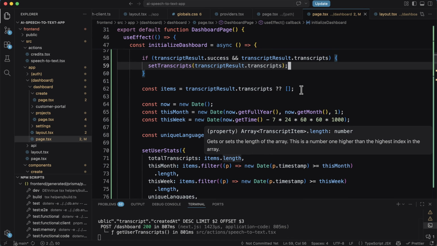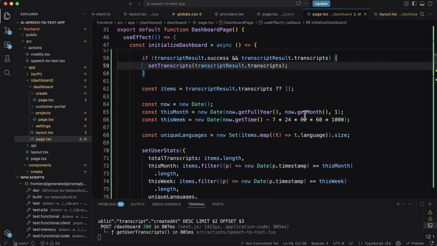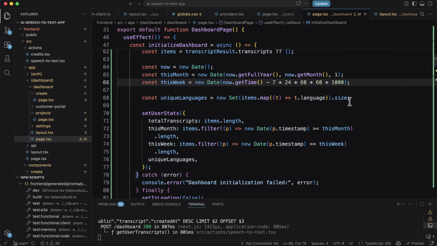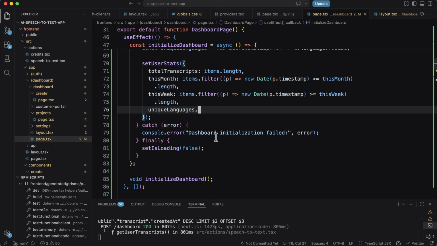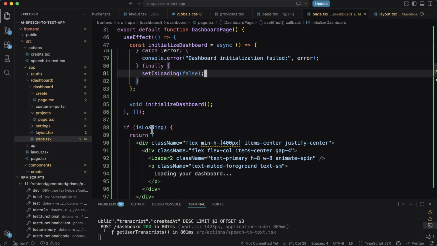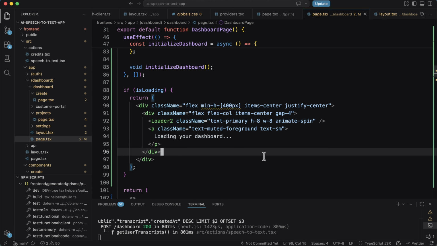The code also calculates helpful stats from these transcripts. It counts the total number of transcripts. It checks how many were created this month. It checks how many were created in the last week. It also counts how many different languages were used. These values are saved in the user stats state, and loading is then set to false so the UI can render. If the page is still loading, a centered spinner and message are displayed to indicate that the dashboard is